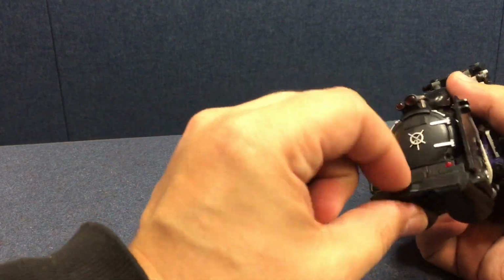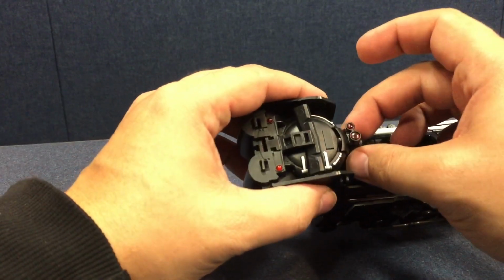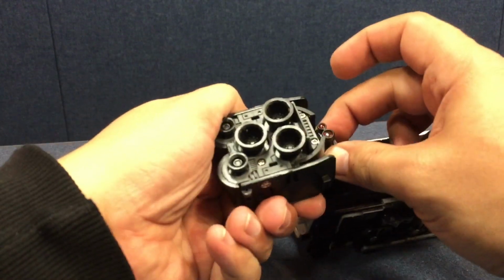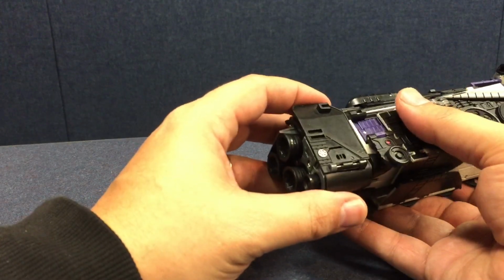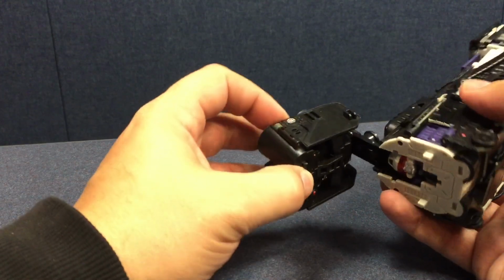Flip this little cow catcher bumper piece up, and then you pull it out. You kind of grab the smokestack here and rotate it around that. You pull it out and rotate it around, plug it back in. And we're going to leave that attached. The instruction sheet says to just snap it right back in place. But there's some stuff going on down here that